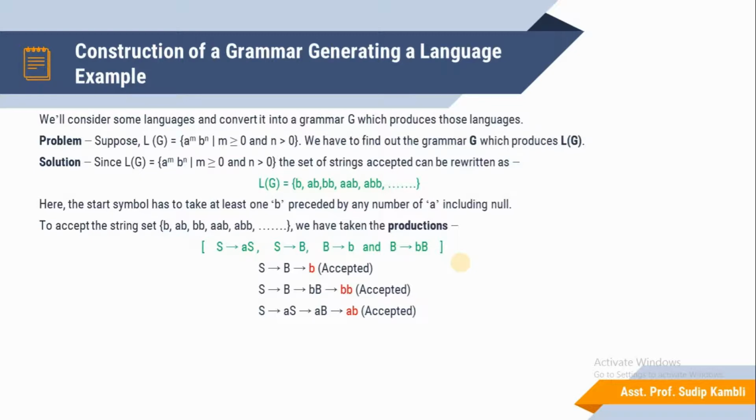So using the production rule S replaced by AB. Here we apply the last production rule: S replaced by AB, where A is kept and B is replaced by the terminal symbol small b. So AB is an accepted string using these production rules.